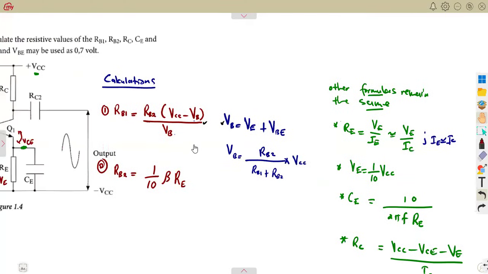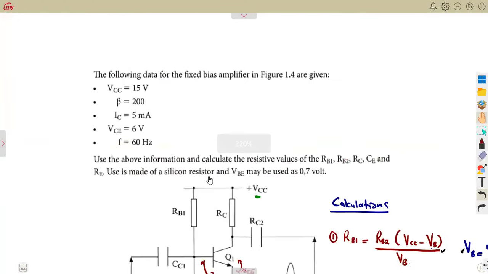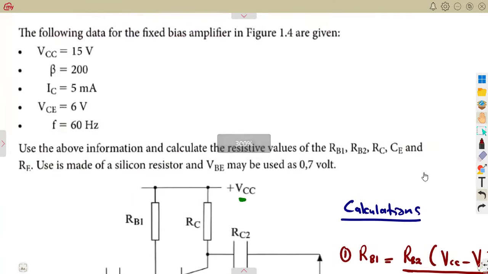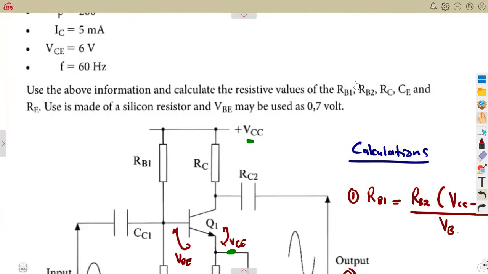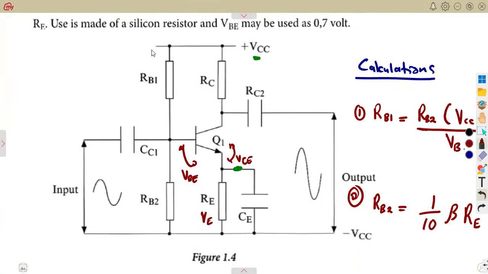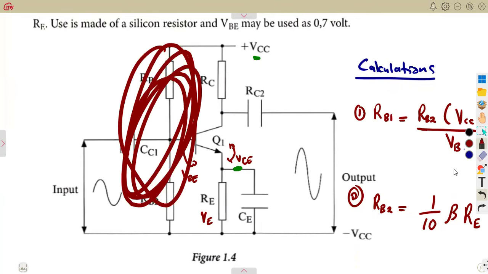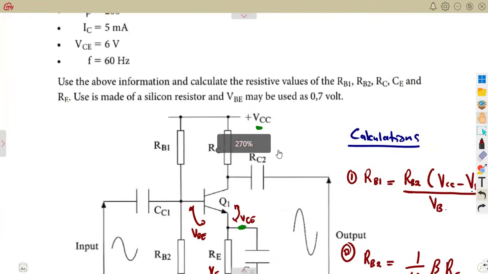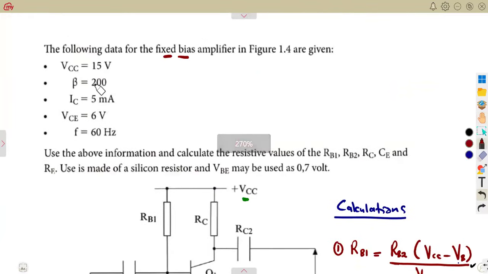pertaining to this type of bias, transistor bias that we are given. We are given the following data for the fixed bias amplifier in Fig 1.4. Yes, it's a fixed bias, which we do understand, but what type of a fixed bias? It's a voltage division in Fig 1.4. This is our Fig 1.4. So that we are talking of what? The voltage division. So from there, we are given the values of VCC, current gain, IC, VC, and so on,